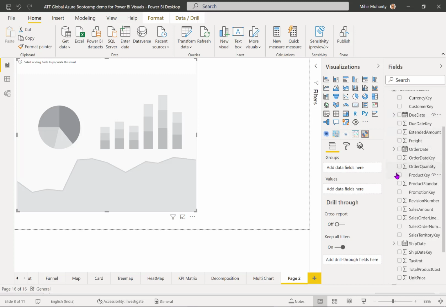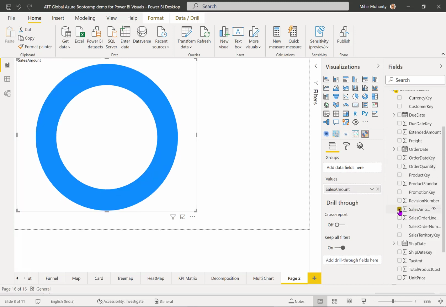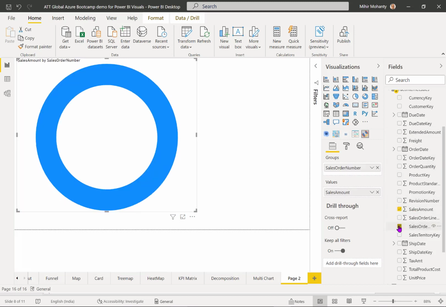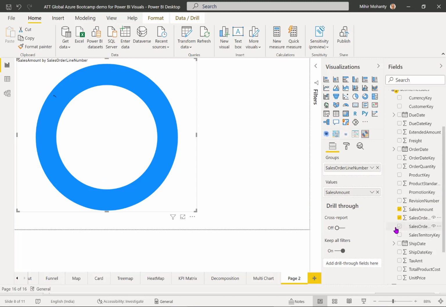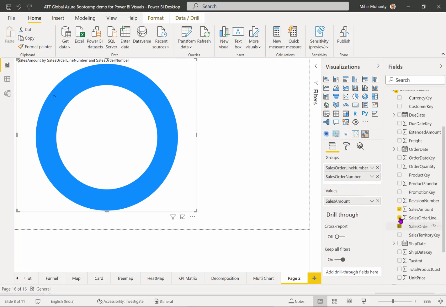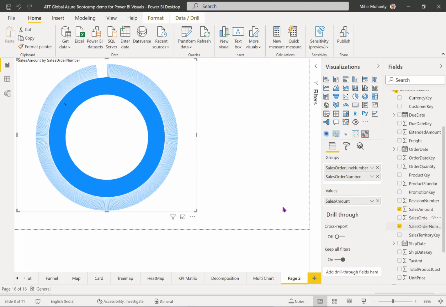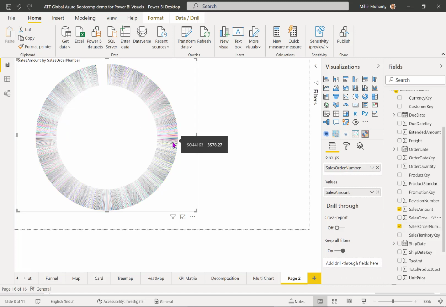To show you some data points, if I add sales amount and sales order number, you can see those changes reflected over here. Whatever data point I select, this keeps on changing.